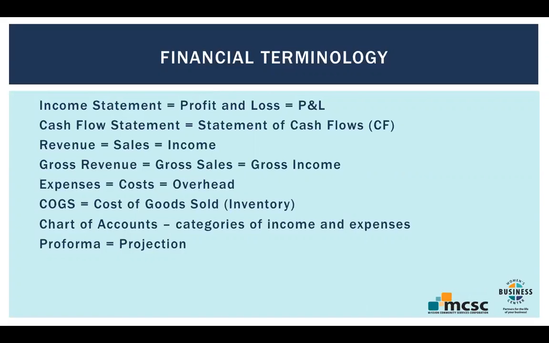It can refer to categories of income. So if you have multiple streams of income coming into your business, you could have rental income, for example, you could have sales online, different ways that money is coming into your business. The chart of accounts will say ways of putting buckets to the different forms of income that you receive, and the same thing with expenses. So rent would be one item in your chart of accounts, utilities, automotive, transportation, things like that would be showing up on your chart of accounts.